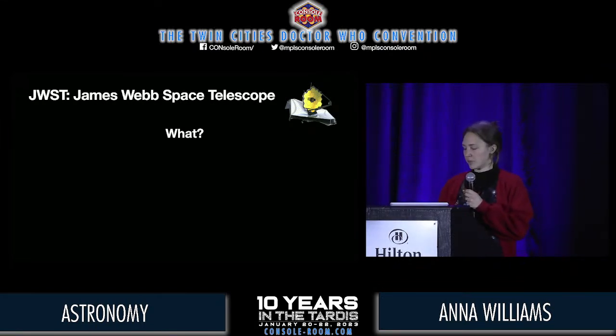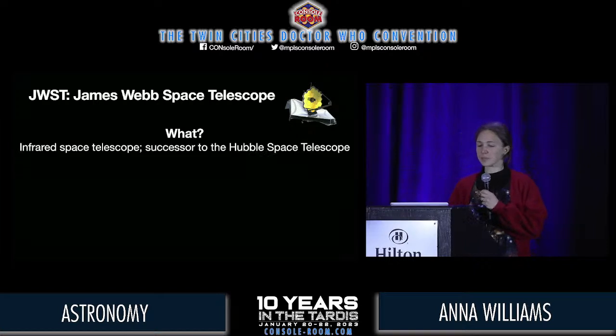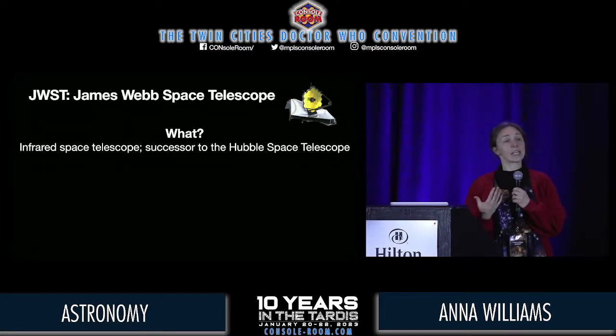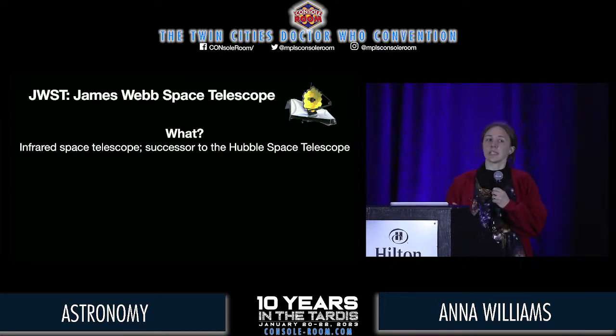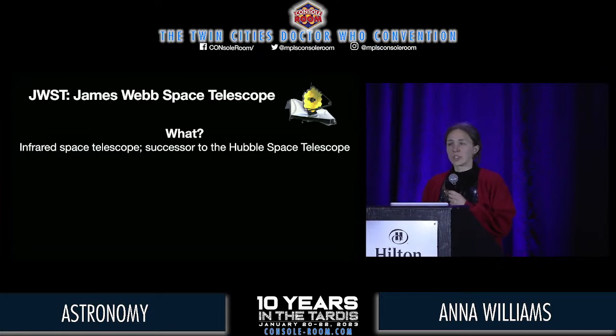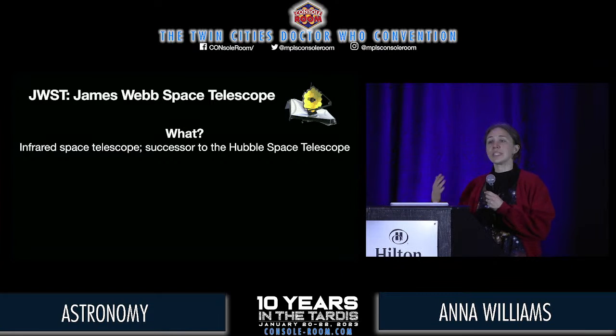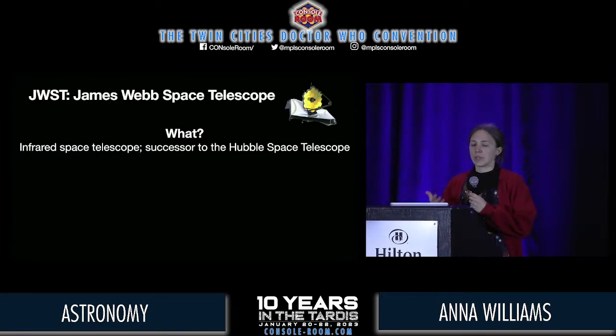Very briefly here, I'll go into a bit more detail shortly. But the James Webb Telescope is an infrared space telescope. So that means that the light that it collects is in the infrared portion of the electromagnetic spectrum. So it's not the light that we can observe with our own eyes. So we're going to be seeing a different part of the electromagnetic spectrum